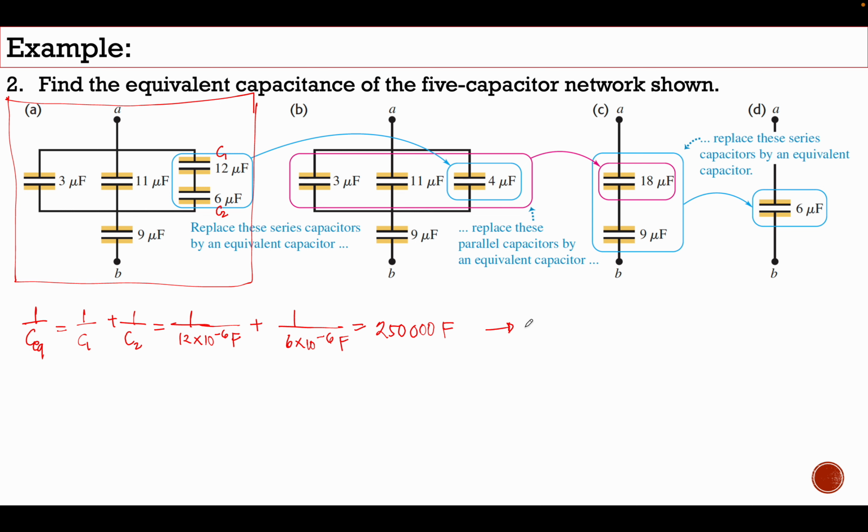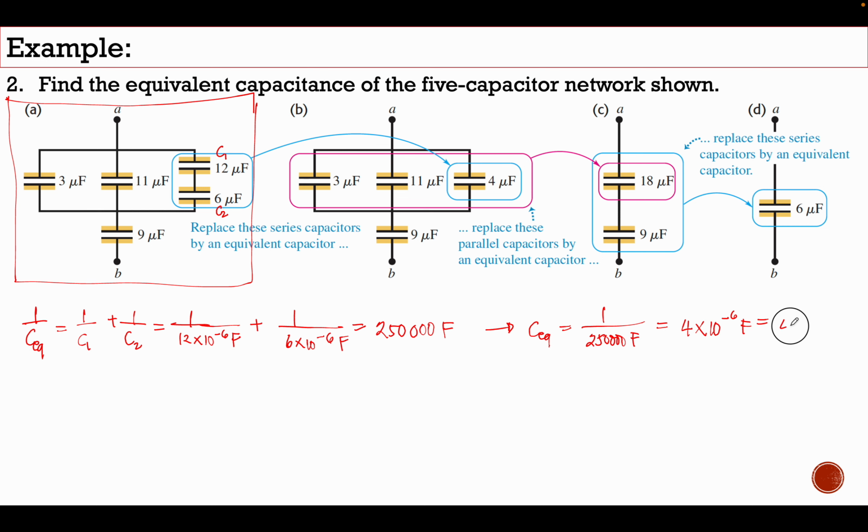So to solve for the equivalent capacitance, we need to get the reciprocal of 250,000 farads, or 1 over 250,000. So 1 divided by 250,000 is equal to 4 times 10 to the power of negative 6 farad,